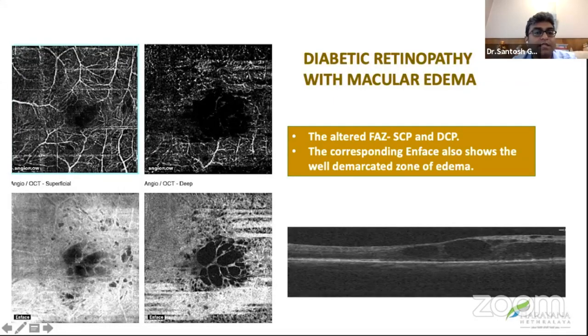But when we see these in combination with an en face image, this is an en face image of the superficial plexus. This is one of the deep capillary plexus, and an OCT B-scan. So whenever we are interpreting an OCTA image, the OCT B-scan is a must. When we see what section of the layer it is passing through, that gives us an idea of what we are really looking at.